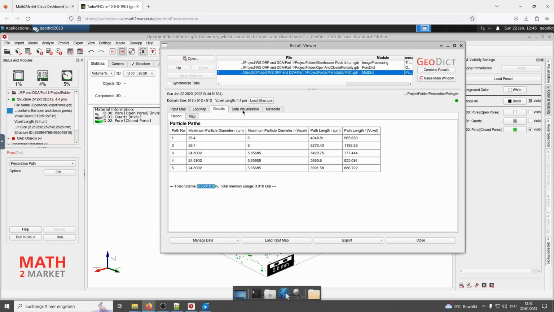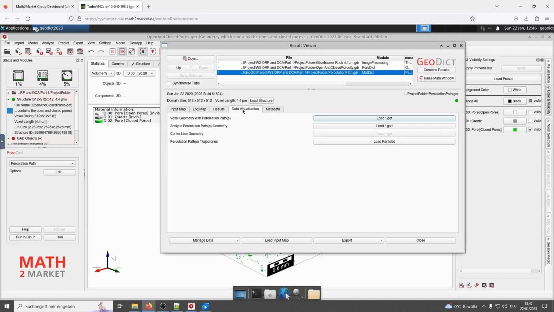Now let us go to the Data Visualization tab and load the results. Please click Load GDT.